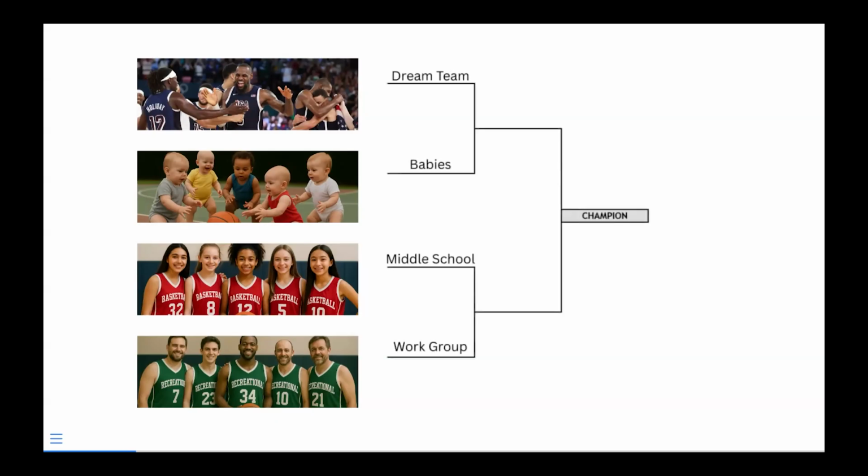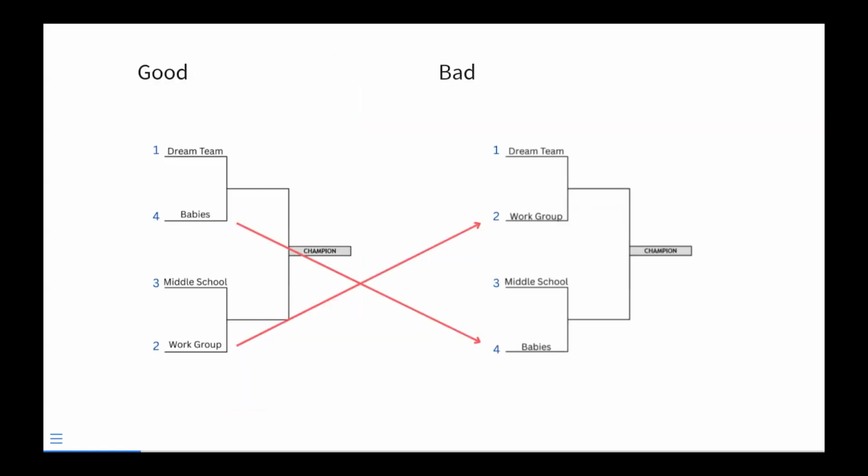So let's say we structured this in a normal way, with the 1 plays a 4, the 2 plays a 3. The tournament would look like this, but there are other ways we could structure this tournament as well. One other way, which wouldn't be as good, is the dream team plays the work group and the middle schoolers play the babies. So in our case, the dream team is never gonna lose and the babies are never gonna win no matter who they play. And then if the work group and the middle schoolers play each other, the work group's gonna win 95% of the time. So whichever tournament structure we use, we can get different outcomes,